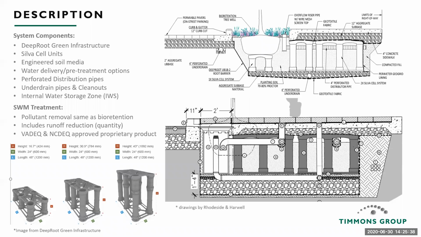You can also incorporate permeable pavement or permeable concrete above that will allow water just to infiltrate straight into the top of the uncompacted soil media. Or you can actually direct roof drain runoff in urban areas directly into the top of these systems. You can see there in both of the exhibits, there's what I like to call a reverse underdrain or a distribution pipe where water will be distributed evenly along the top of these structures, then percolate down through the filter media, and then ultimately down to an under drain at the bottom there.